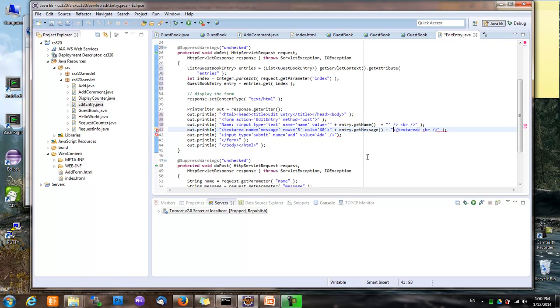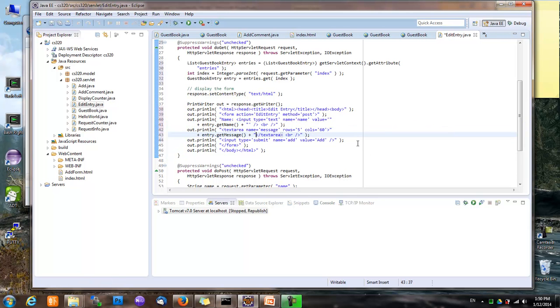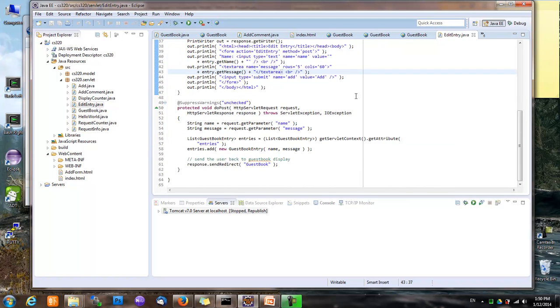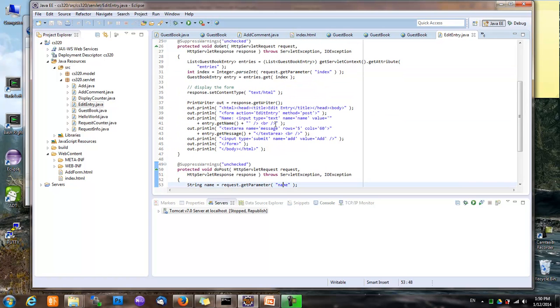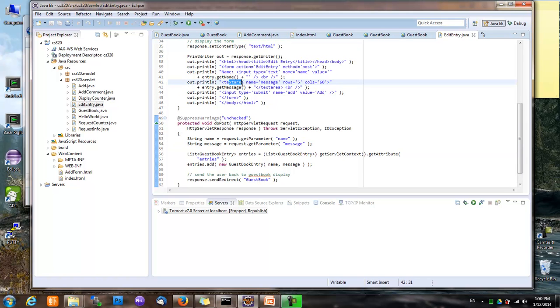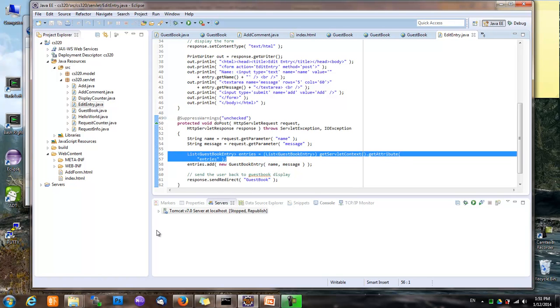Okay. Now let's modify the doPost part. We get the name, which is provided by the input tag. We get the message, which is provided by the text area, and we retrieve the entries, and then instead of